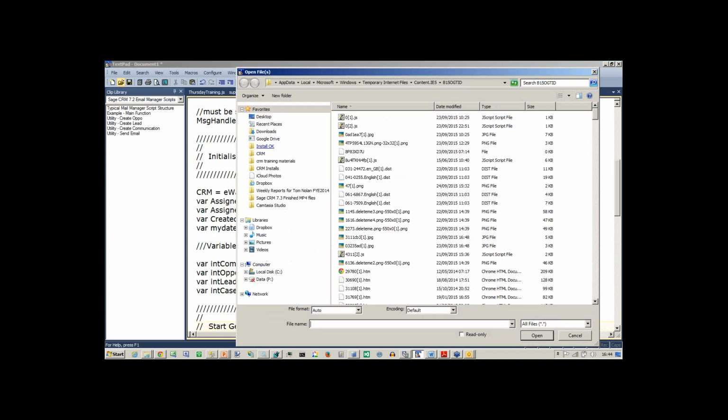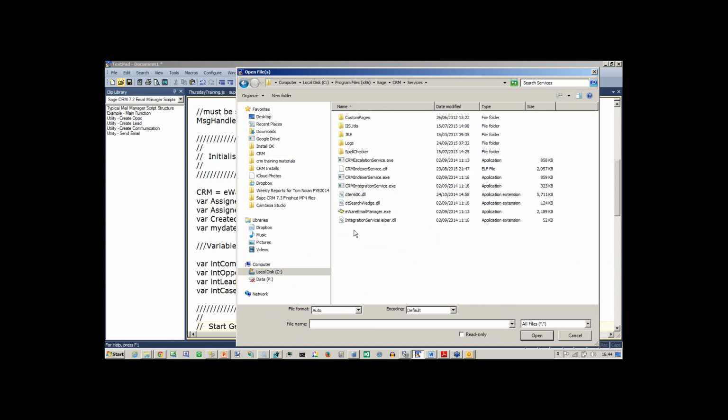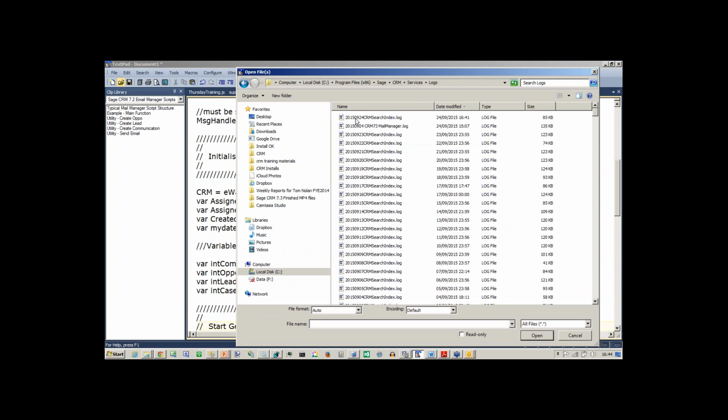So if I look at the log files for where my services are installed, I can see that I've come down into Sage, within the program file, Sage, CRM, services, there into the logs, a whole host of different log files that we can see here, including the mail manager log,